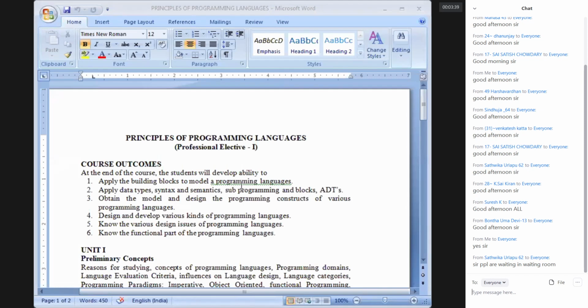The necessity of this subject for computer science students is this: if you know a few programming languages and want to implement something out of them, you can program in such a way that you establish a feature which is not available in the language. By making use of two or three features of a programming language, you can achieve it.